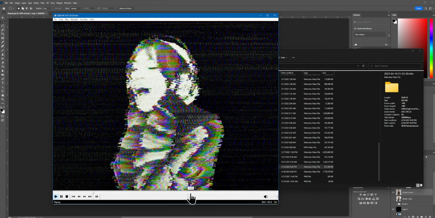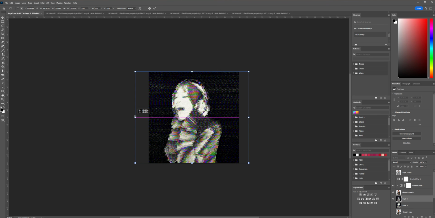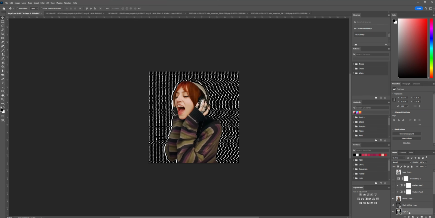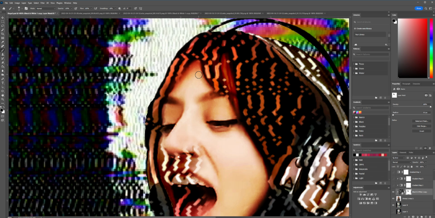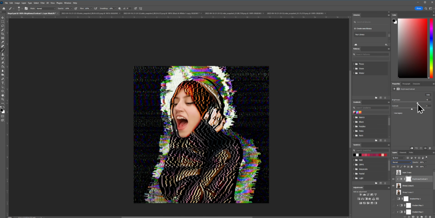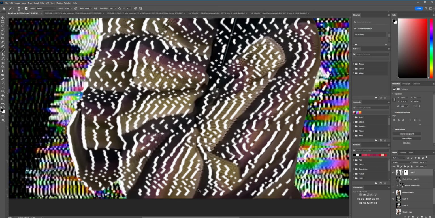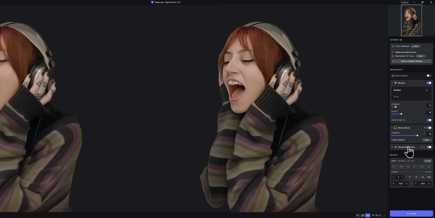kind of poster look. I wanted most of her to be that modulation effect, like she was really taken over by the airwaves here, but I still wanted it to be clear who it was. I wanted it to show up clearly, so I mostly just kind of masked in her face and a little bit of the colors of her sweater and things like that to make sure that you could still see it was her underneath there. And then I had this blown up, exaggerated, colorful glitch as the background, and spent a